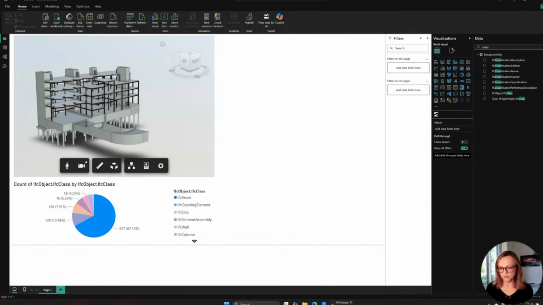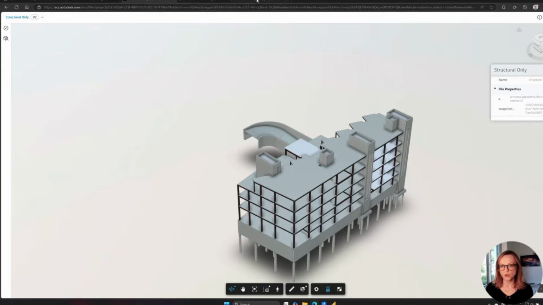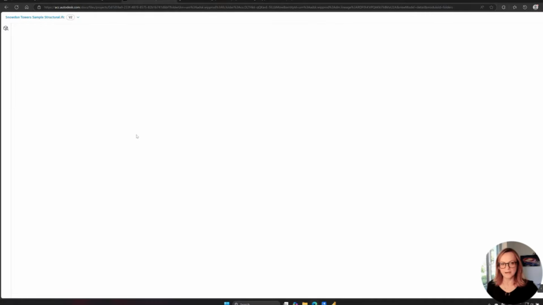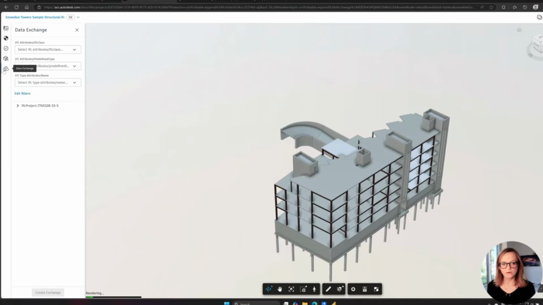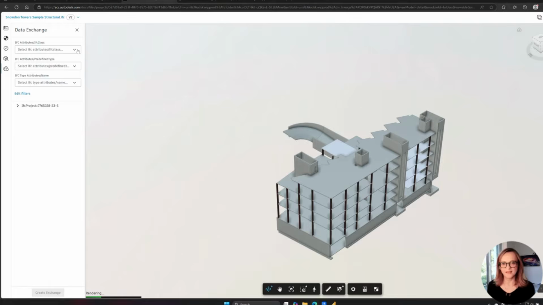So basically, let me just quickly show you how that works before we head over to the questions. Once you have the IFC file, like for example here, and you have the beta activated on the project, then you will see this data exchange link here on the left side. As we have seen in the video before, you are able to click on it, and as mentioned, you can then ideally